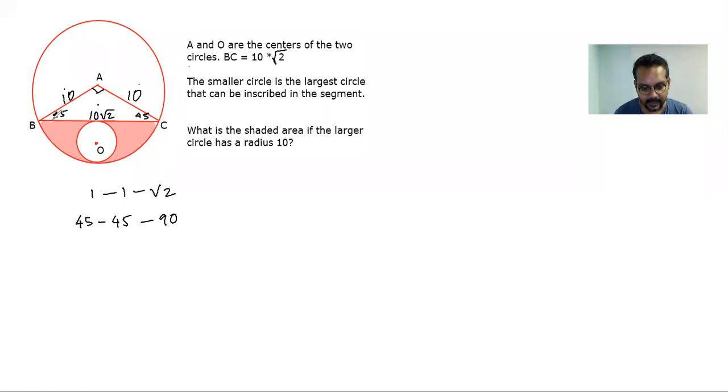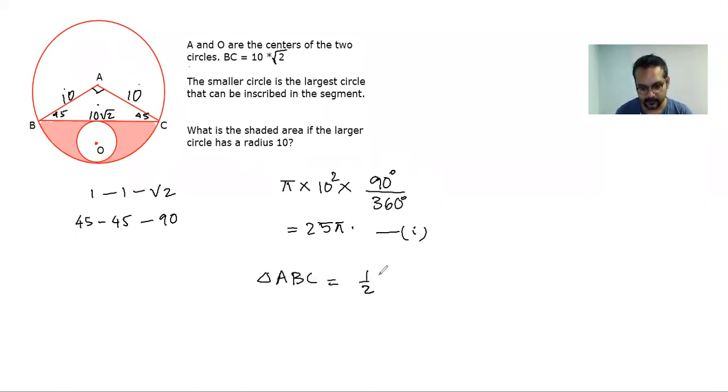Okay, so first let's figure out what is the entire area. Let's call this sector the yellow sector. So what is this entire area? The area of the sector, we know the formula, is pi times r squared times the angle at the center, which is 90, over the total angle 360, right? So it's 25 pi, number one. Now what's the area of this triangle that I had spoken of? That is half base times height. So triangle ABC is half, and base and height are both 10. You can take this as the base and this as your height, because after all those two are perpendicular, right? So that's 50. That's number two.